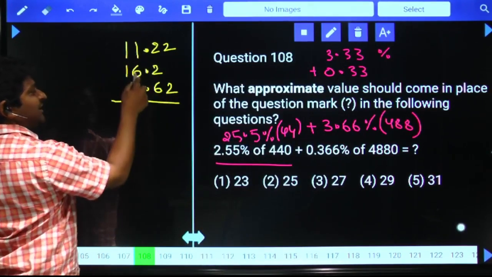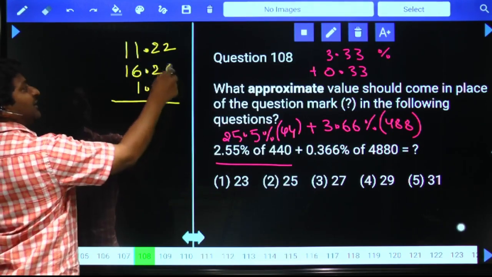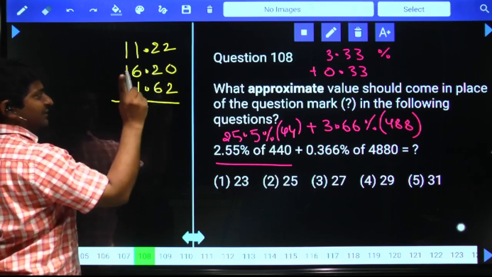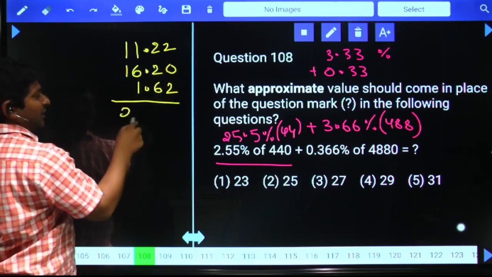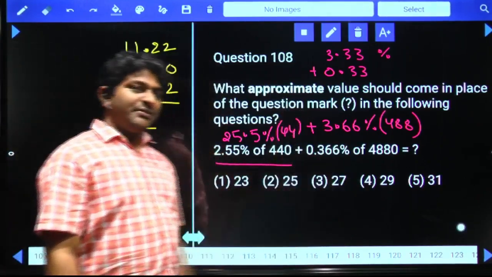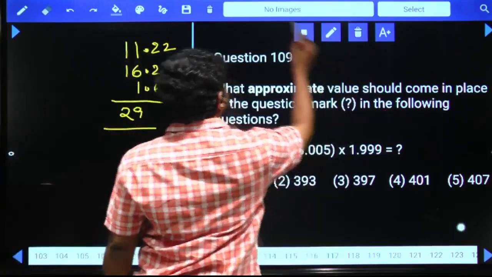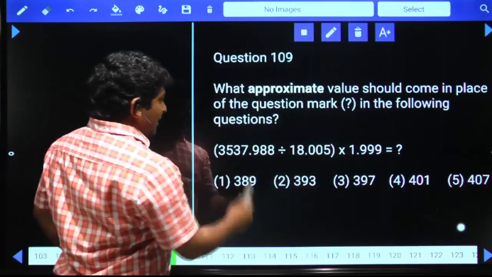Now, 16 plus 11, 27 plus 1, 28. 20, 20, 60, that is equal to again 1 we will get. Total 29 something we will get. 29 point something, fourth option, final answer. Next. Here,